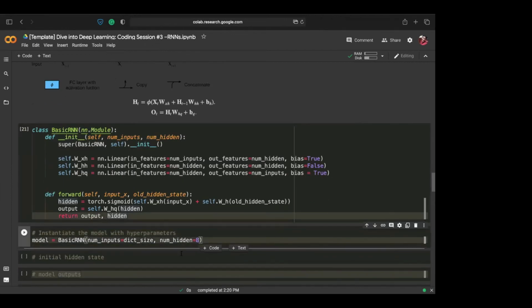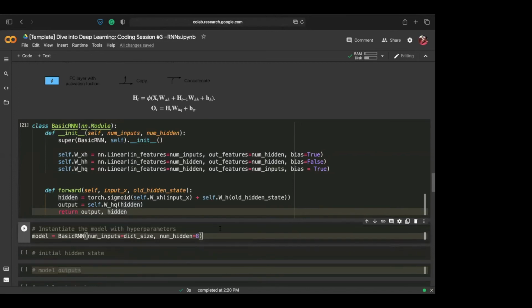Our number of inputs is given by the dictionary size, because we have one hot encoded our data. We're choosing the number of hidden elements to be 8. This can be any number. You can choose it to be 2, 3, or 500, 600, whatever you like. We're choosing 8 here, but you can choose anything. There's no special reason why we chose 8. All right, so now this is our model,